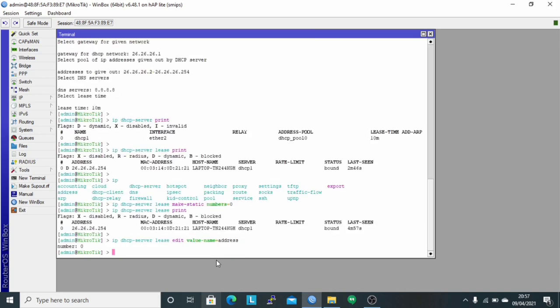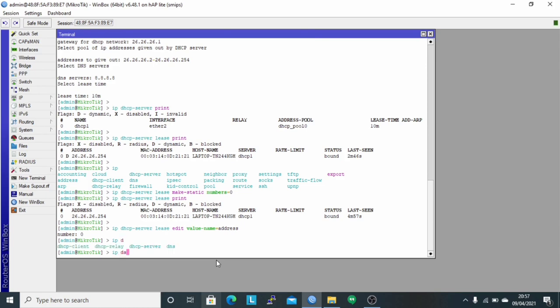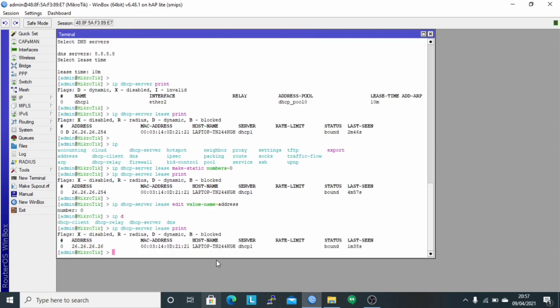Next, check the configuration result using the command IP DHCP server lease print. Here, you can see that the IP address has changed to 26.26.26.26. We also check the IP on the client computer,